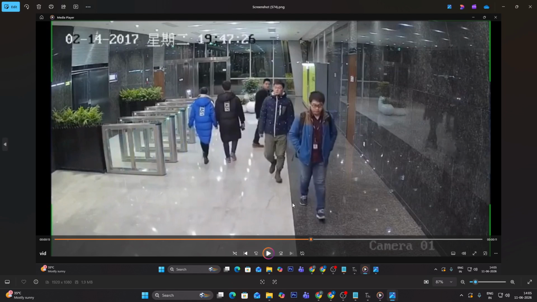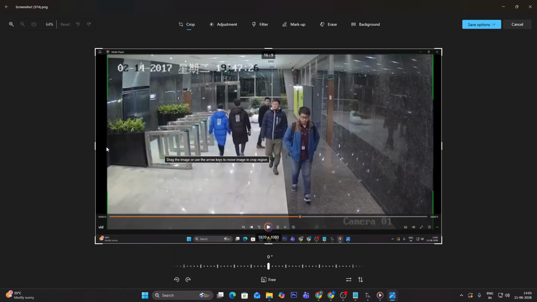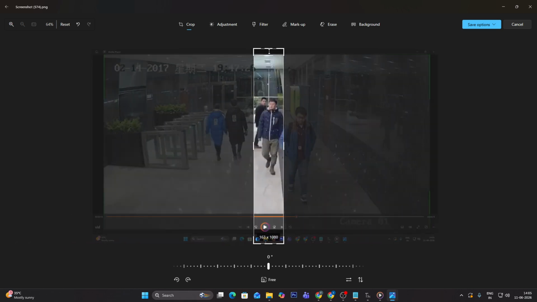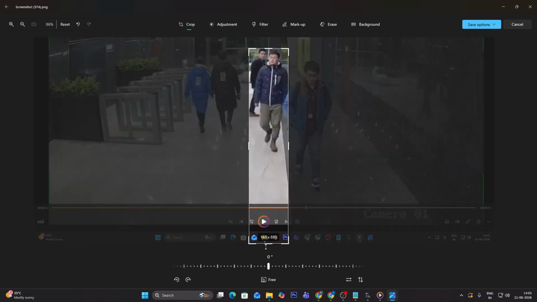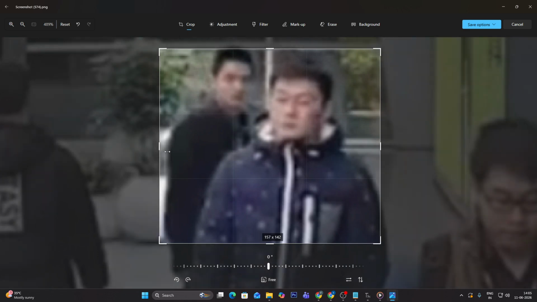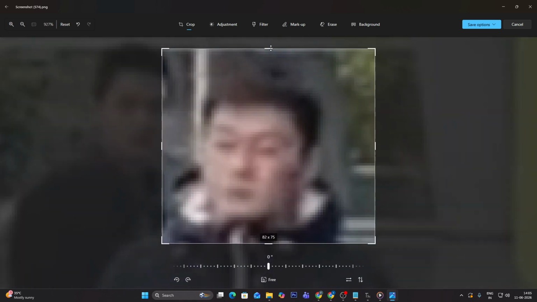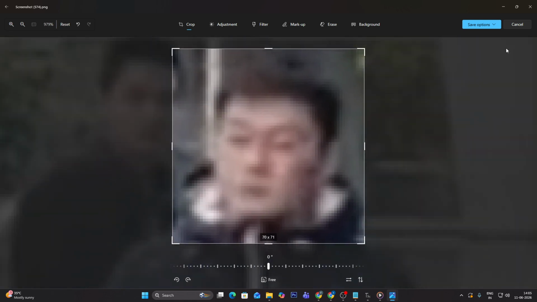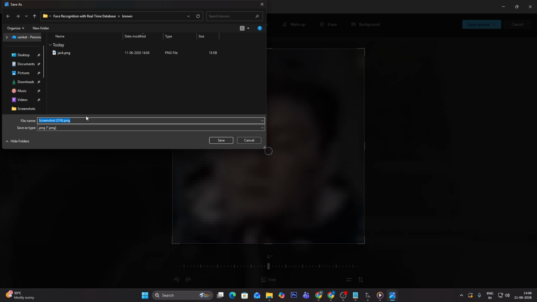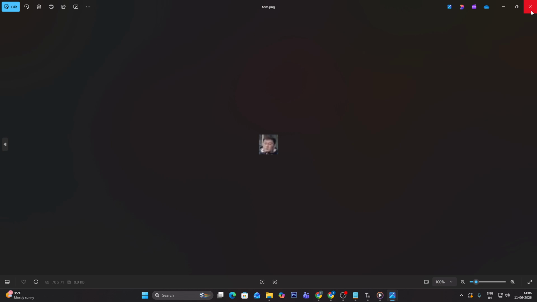Now I have opened the frame which we captured, edit, and then we have to crop this way, and save options, save as copy, and let's just say Tom. That's it. Now if I run the code,